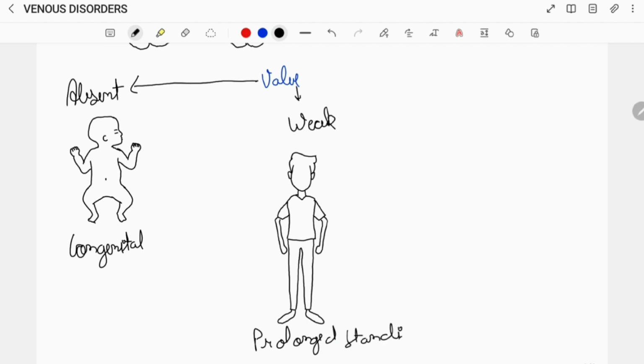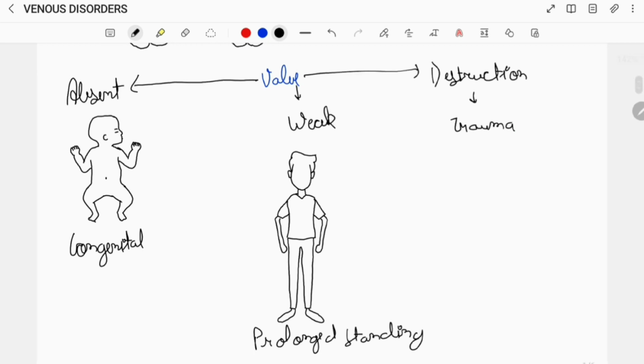Or in some cases they may undergo destruction, for instance due to any trauma. So this was in brief the